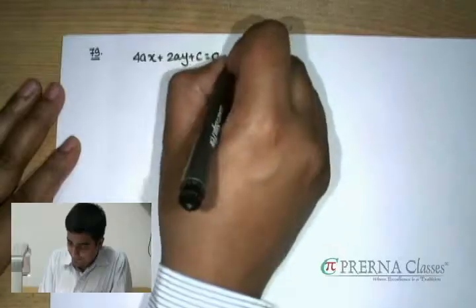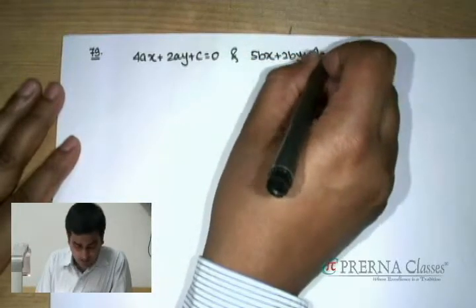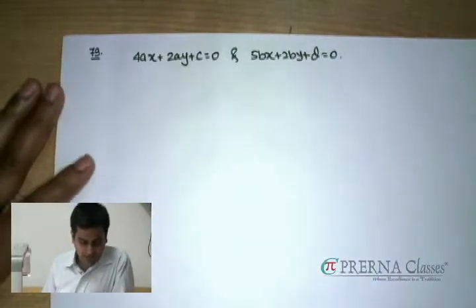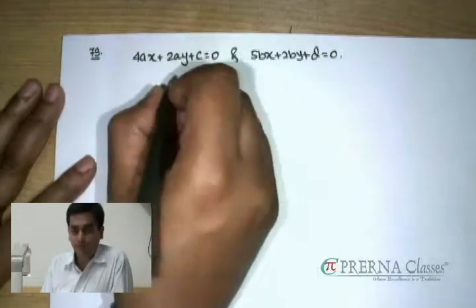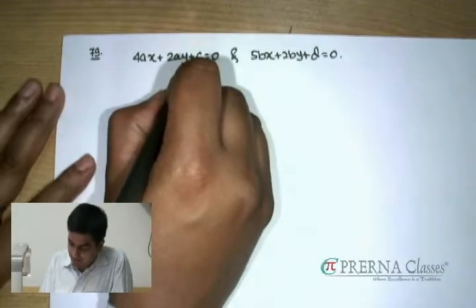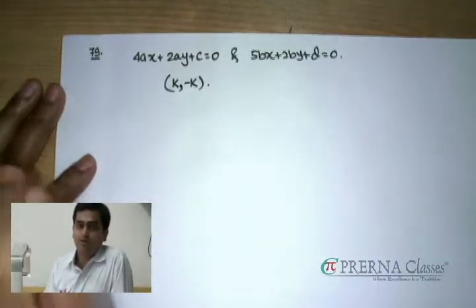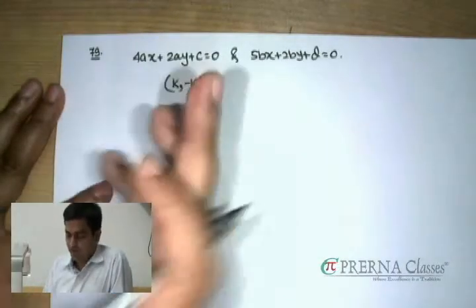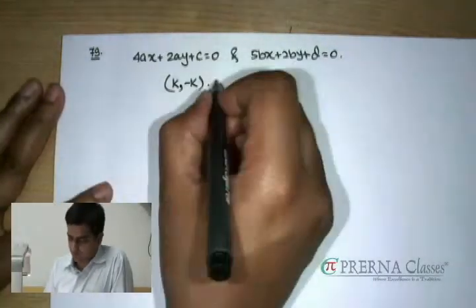Okay, in the next problem, if you consider there are two straight lines given, 4ax, 2ay plus c, and 5bx, 2by plus d equal to 0. It is being told that these two lines are actually meeting in the fourth quadrant, and that point is equidistant from the two axes. Clearly you can then say that the coordinate of that point of intersection must be of k comma minus k type. Positive, negative because that is in the fourth quadrant, and same numerical value because it is equidistant from both the coordinate axes.